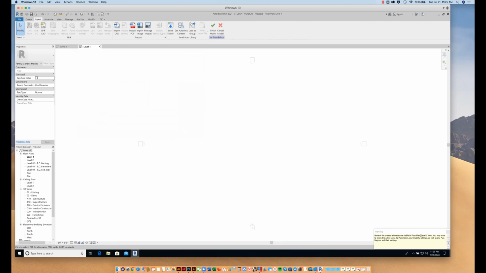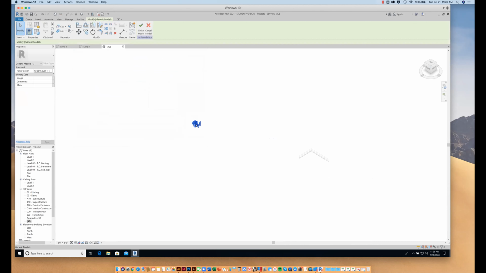Now it's going to give me an error down here. It says it's not visible in floor plan. So what I'm going to do is double click on my 3D view. And I can zoom in and out with my scroll mouse, just like with Rhino, right? And I'm going to go ahead and select all of this model that I have over here. I'm just going to move it so that it's over here within the bounds of where it wants to